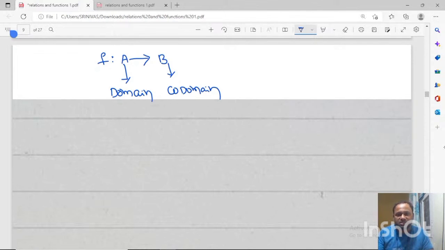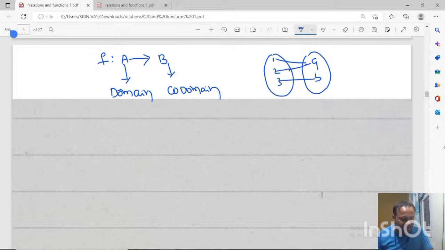So suppose I will take like this: 1, 2, 3, A, B. 1 to A, 2 to A, 3 to B. Like this I have taken. So here this A is called domain and B is called codomain. Okay. And one more will be there, range. What do you mean by range? Range is nothing but